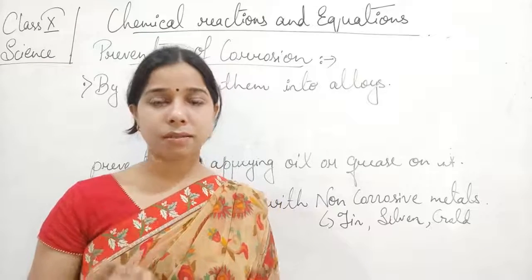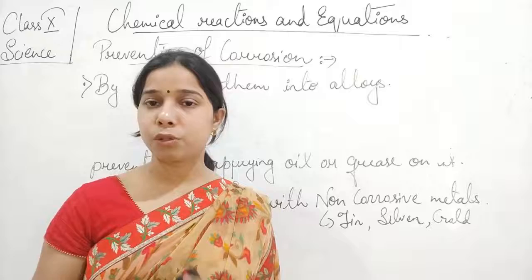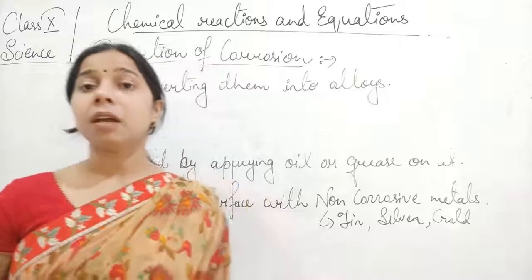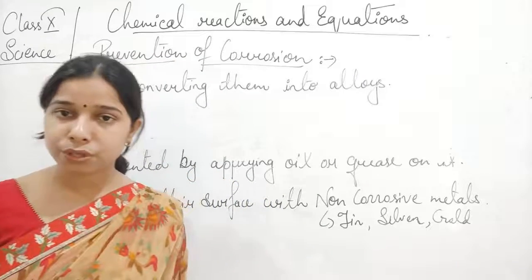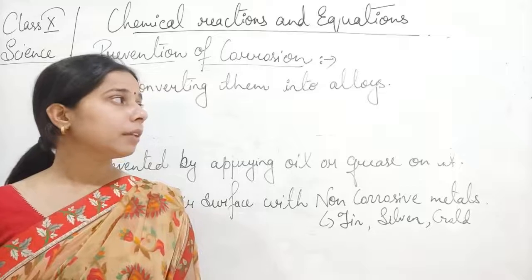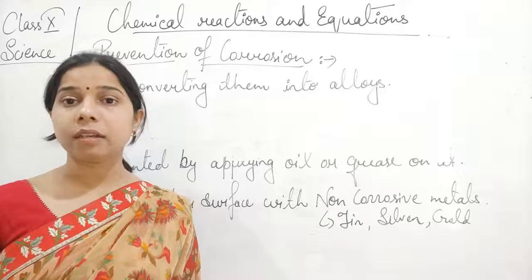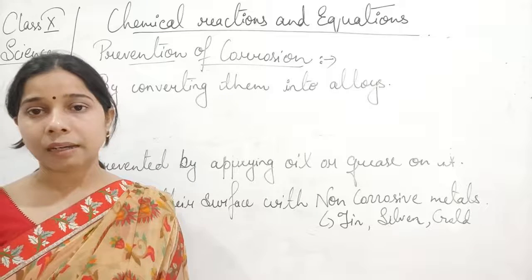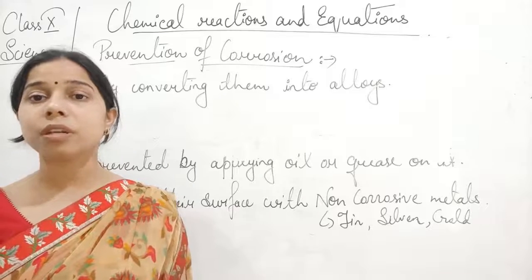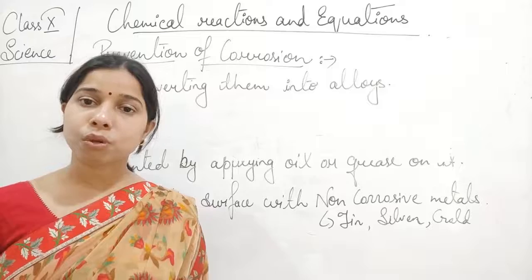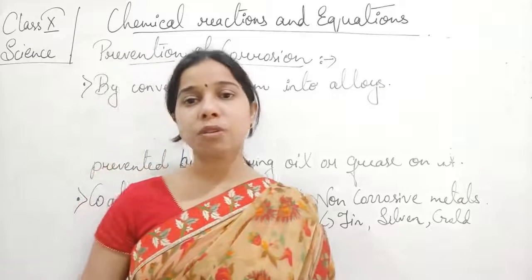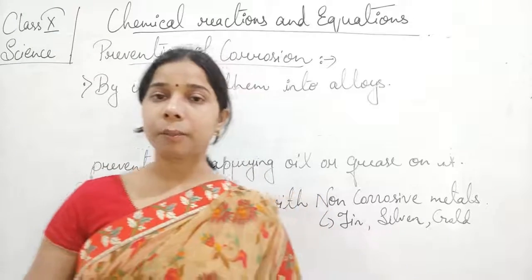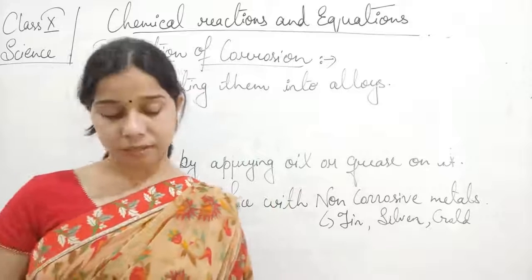will increase their resistivity, will increase their durability as well as resistance to corrosion, and finally this is having more strength than that of the metal itself. So basically the thing that we have to understand here is how it prevents the corrosion: since the other metal is also combined with it, the reaction will be prevented and ultimately the corrosion can be prevented.